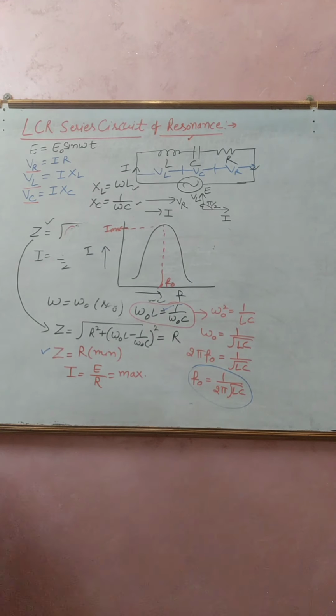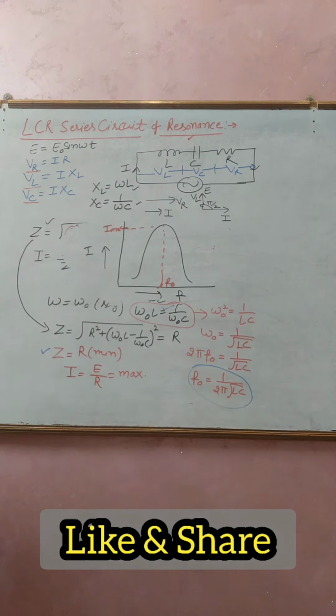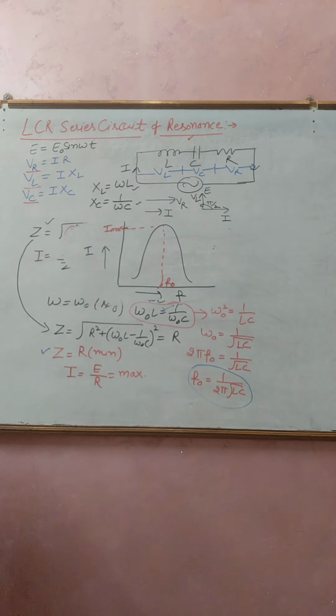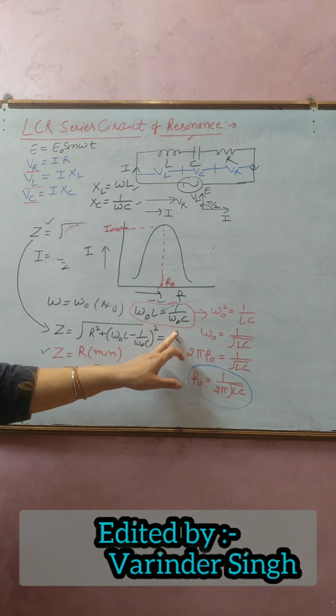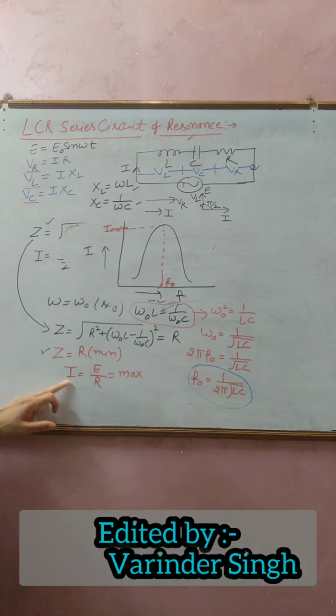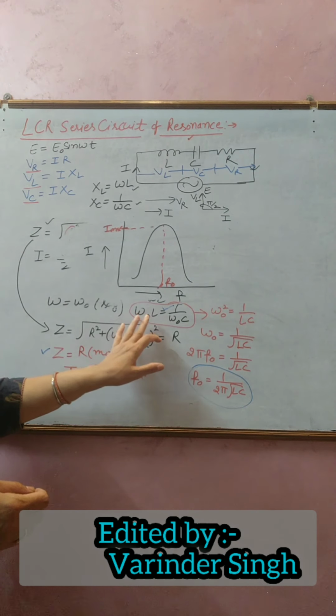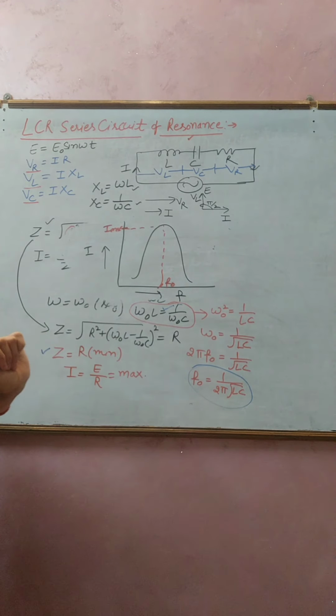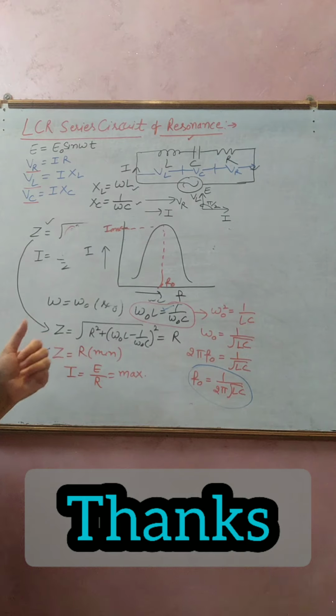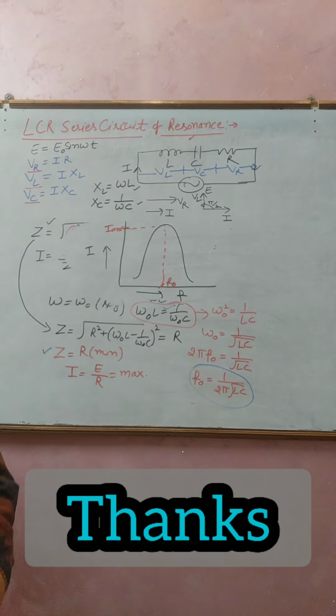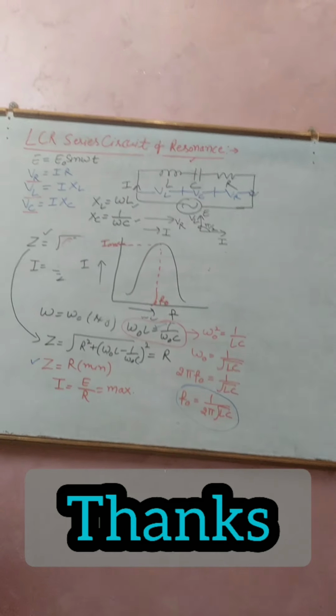So for the LCR series circuit, Z is the impedance, tan phi gives the phase relation, and when omega naught L is 1 by omega naught C, the current becomes maximum and the impedance becomes minimum at the particular frequency, the resonant frequency, which is the frequency of the source. So when the LCR circuit is at resonance with the maximum